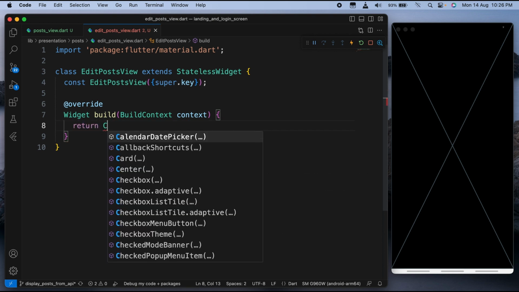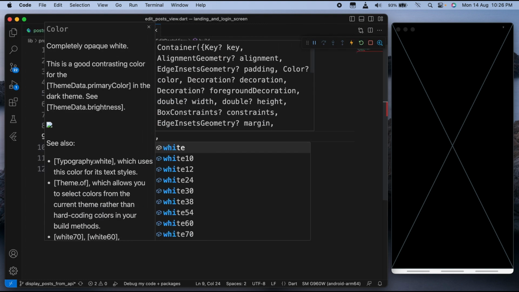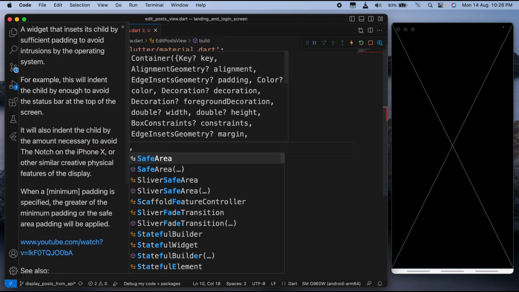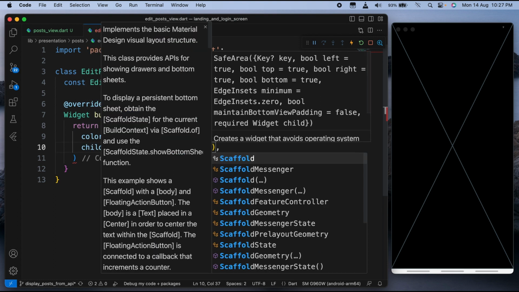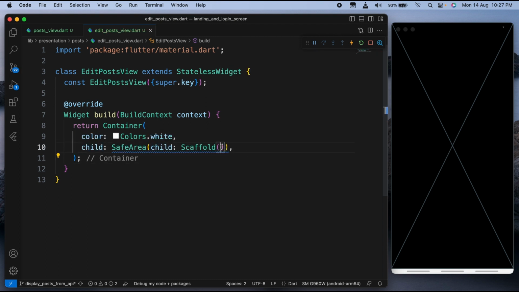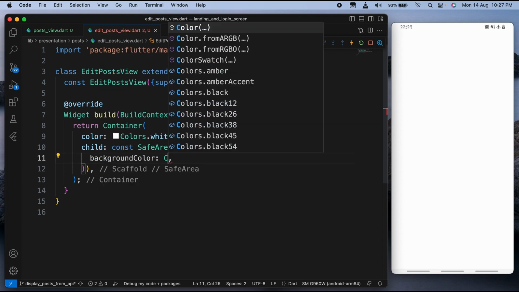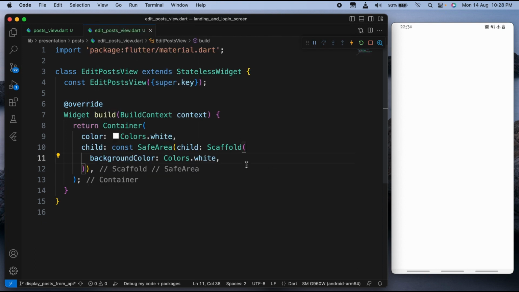So here we're gonna return first a container. This container will have a color. This color, let's make it white, and after that we're gonna have a child. This child will be a safe area as usual, and this safe area will have a child of a scaffold widget, like that. Let me save. Yeah, it's white. This scaffold widget will have a background color. Let's make it white. It's gonna also have an app bar,